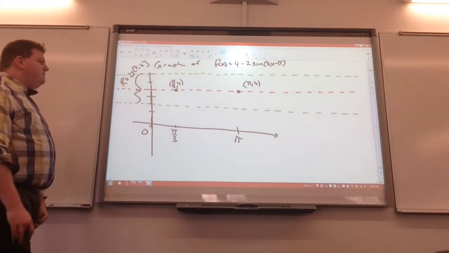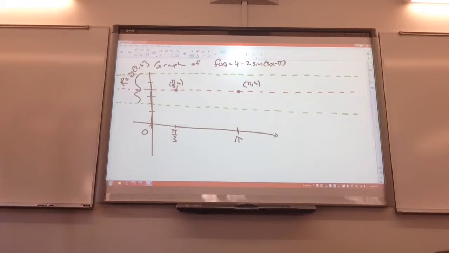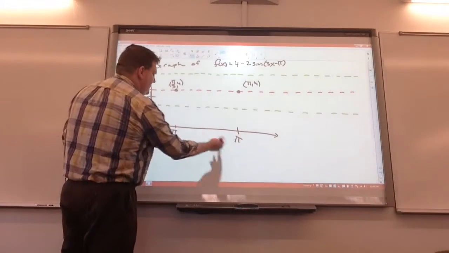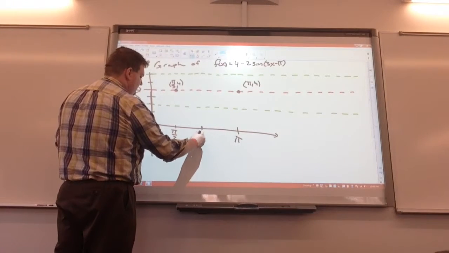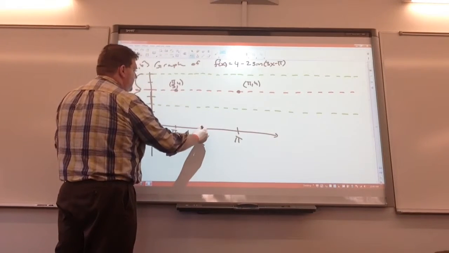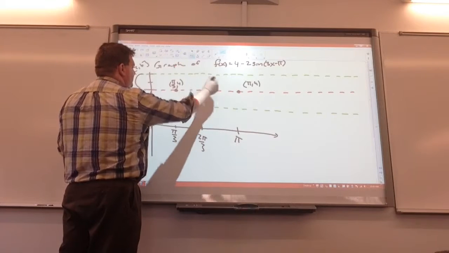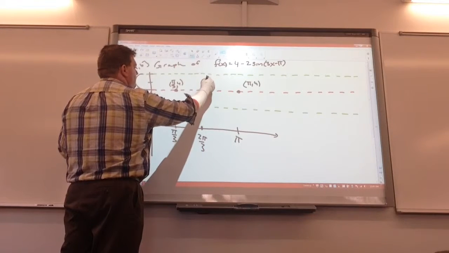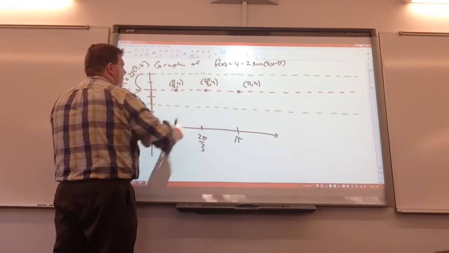So what's halfway between pi over 3 and pi? Is it 2 pi over 3? Yes, it would be. Huh, so that's how it came out to be. So here at 2 pi over 3, we should come right back to the center line here. Okay? Now,